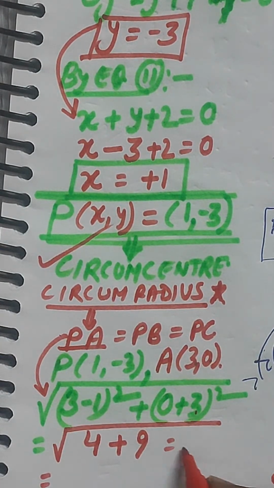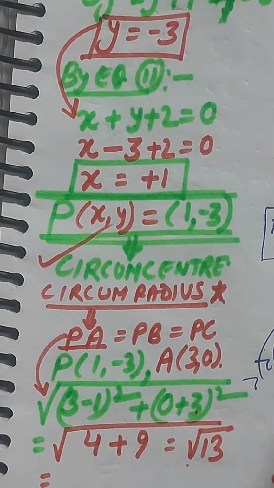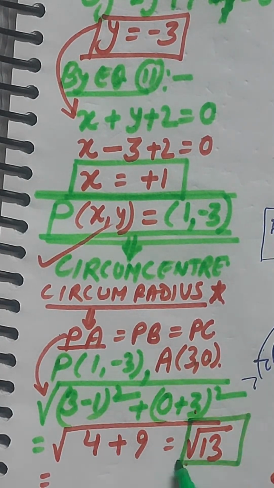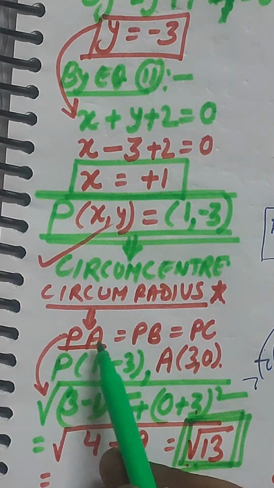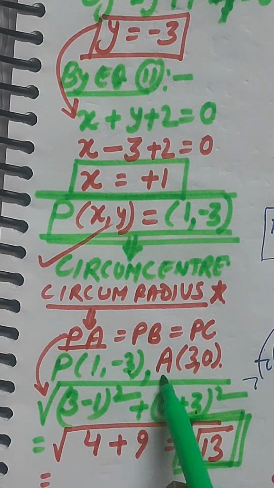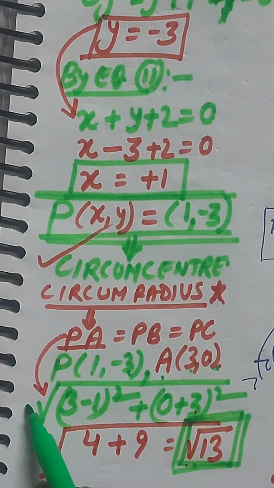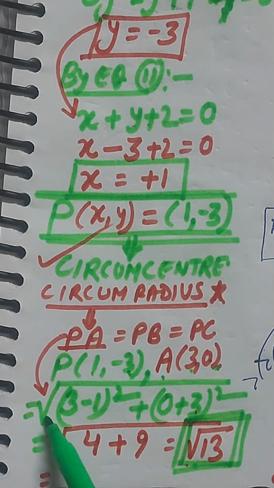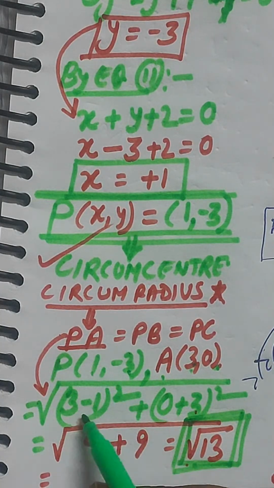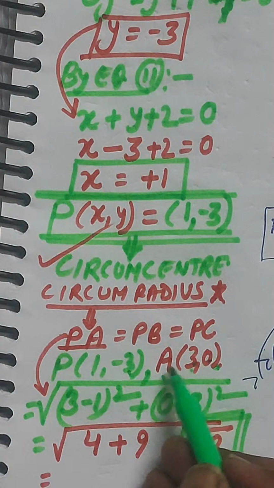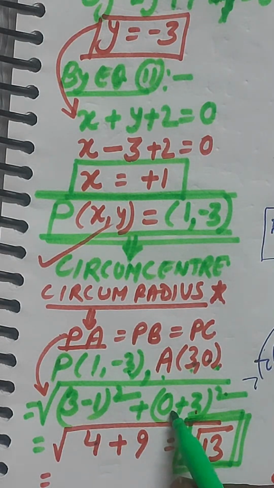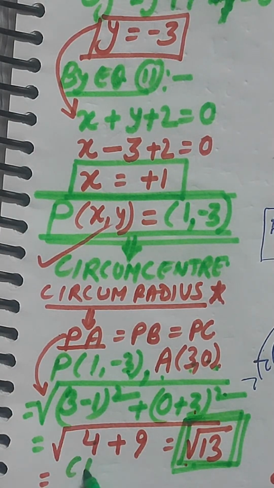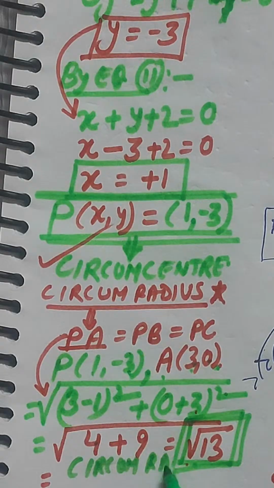In this way you get the circumradius as root over of 13, right? So this is the value of circumradius. Let us check once more. If the coordinates of P was 1 and minus 3 and coordinates of A is 3 and 0, then the length of PA is your circumradius, that is 3 minus 1 whole square plus 0 minus minus 3, so this 0 plus 3 whole square. So this will give you 3 minus 1, 2 square is 4 and 3 square is 9, so root over 13. So root over 13 is nothing but your circumradius,